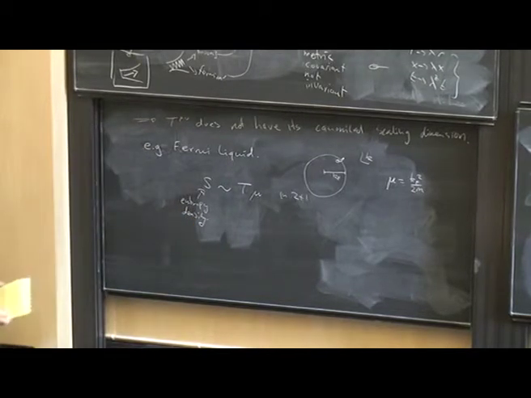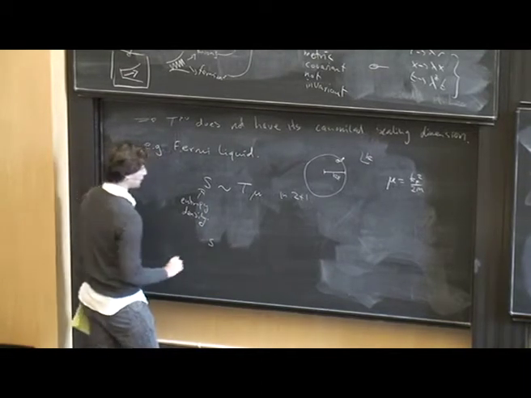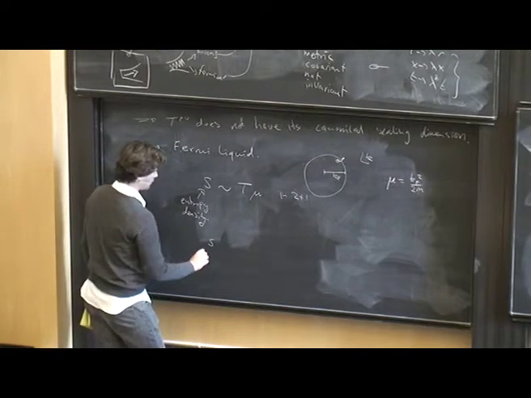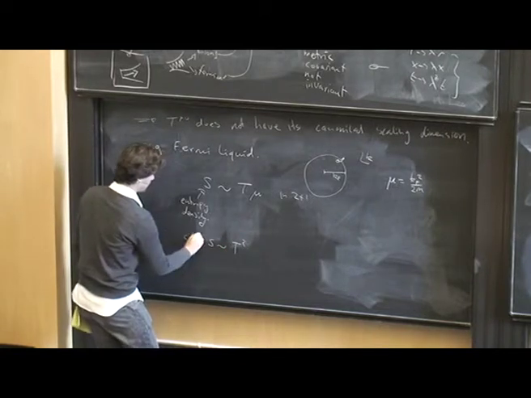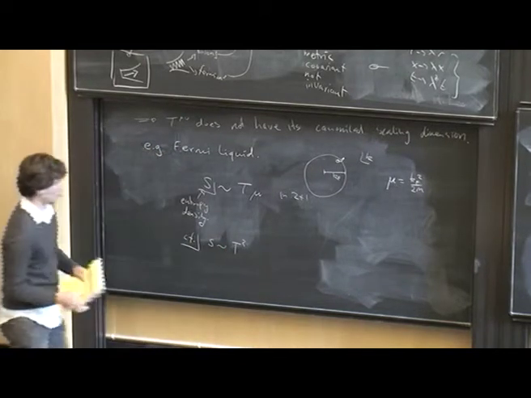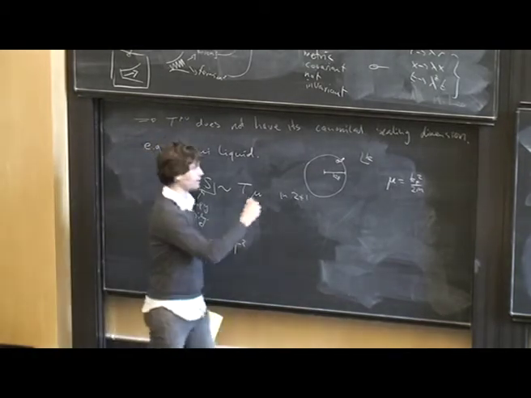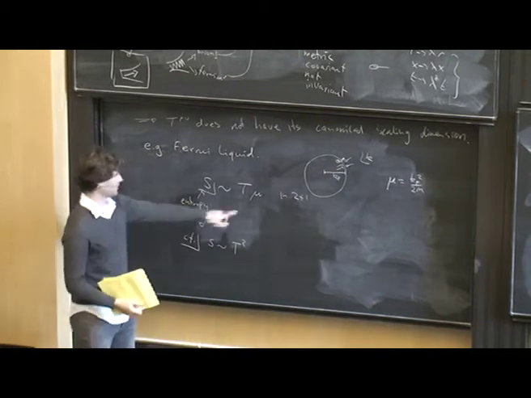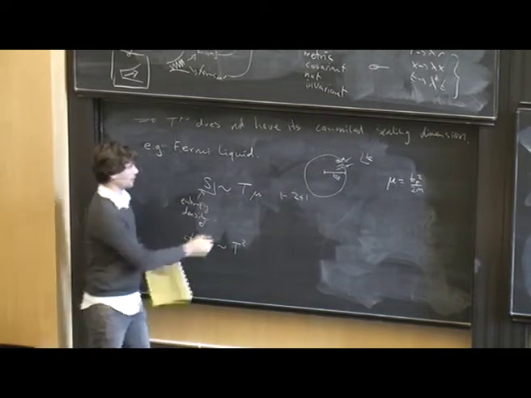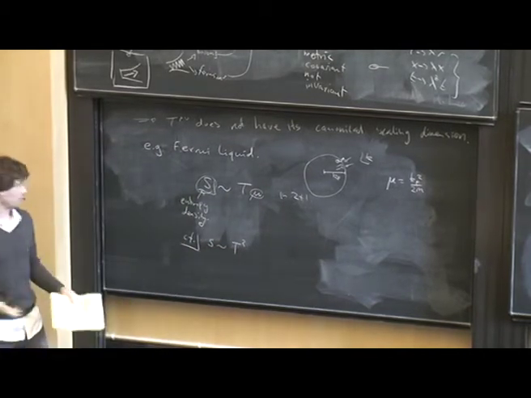Now, if you had a CFT, a scale invariant theory, the entropy density would have to go like T squared. It turns out that in a Fermi liquid there is a scale invariance. In particular, you can scale towards the Fermi surface. There is an emergent scale invariance, but it's a scale that doesn't decouple. And this scale can appear in thermodynamic quantities. So the energy, if you calculate the energy density, for example,